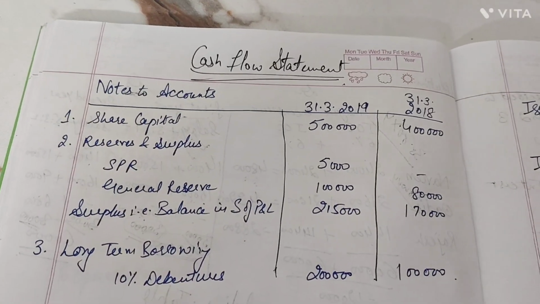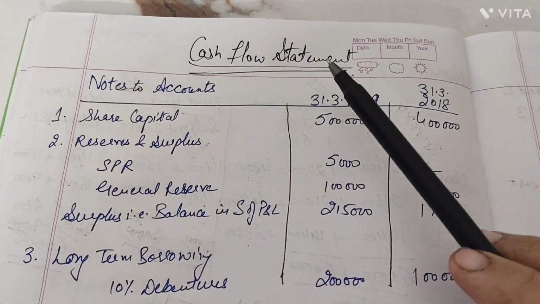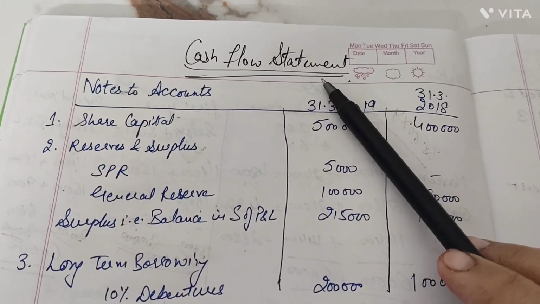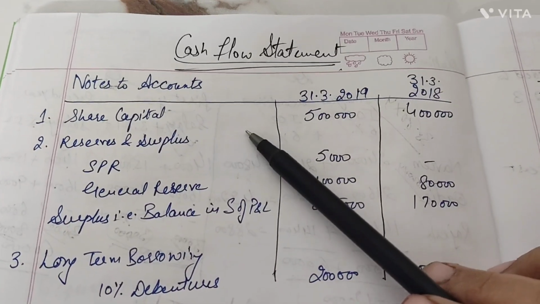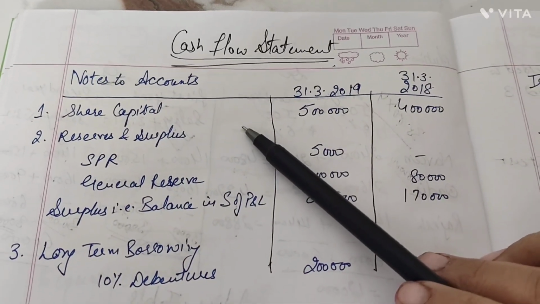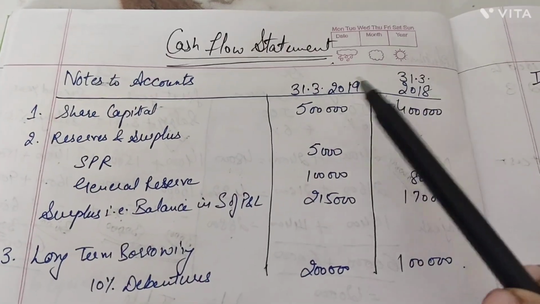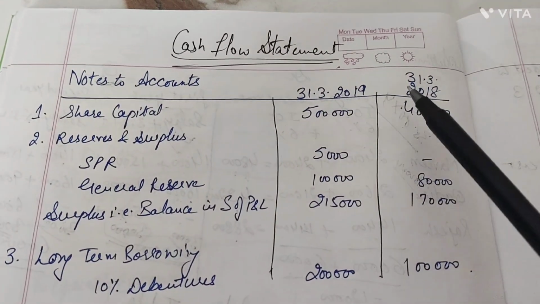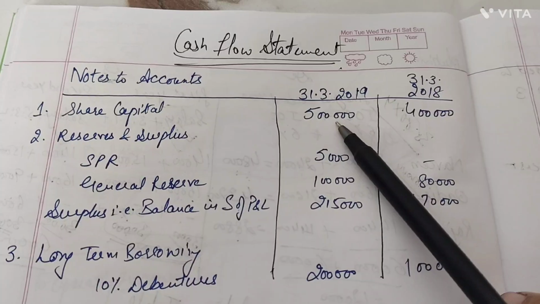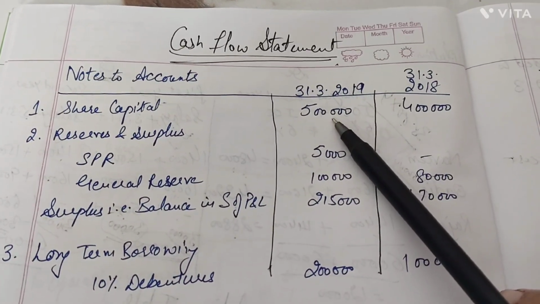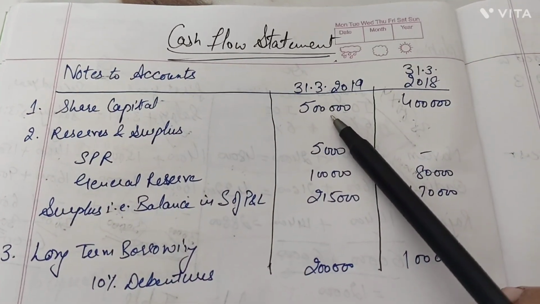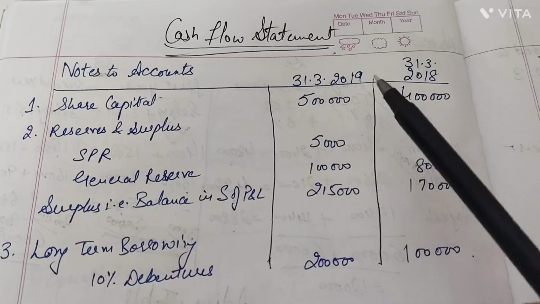Hello friends, in front of us is information relating to the cash flow statement. I am provided with the notes to accounts here. In the given information, share capital for the year ending 2018 and ending 2019 has increased by 1 lakh rupees. It means there is an issue of equity share capital during the year of rupees 1 lakh,